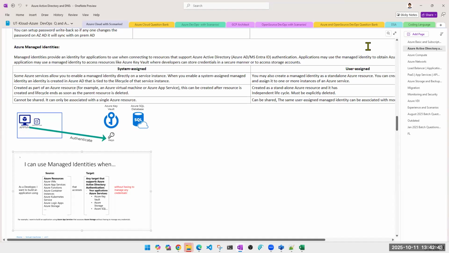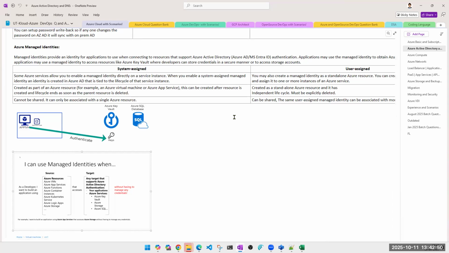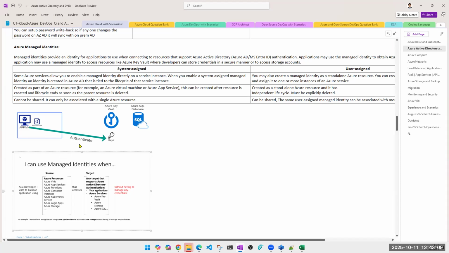That is one reason. We were talking about, we started with disk encryption, right? Now, what is disk encryption? I'll show you later. But just in a nutshell, if I want to encrypt my disk, as in put an extra layer of security on my disk, let's say lock the disk, then to lock that disk, I will require a key. Either I can have that key directly or I can use that key from here. If I'm using it directly, there are high chances that it can be compromised, or I can come from Azure